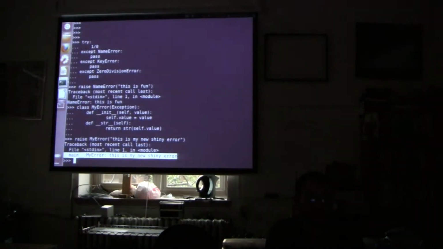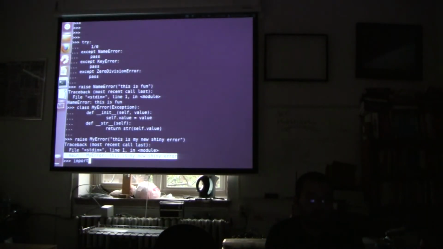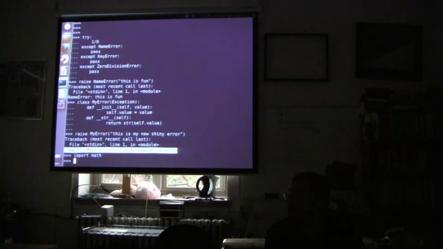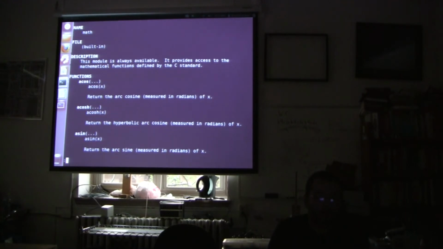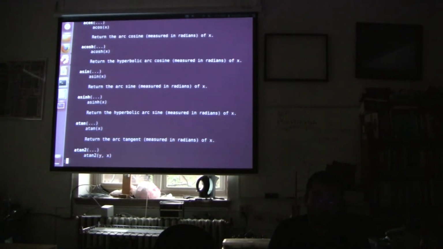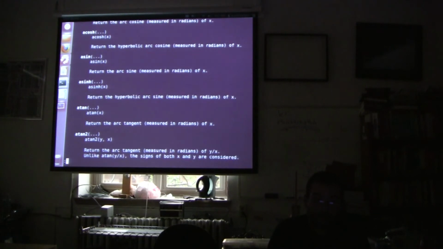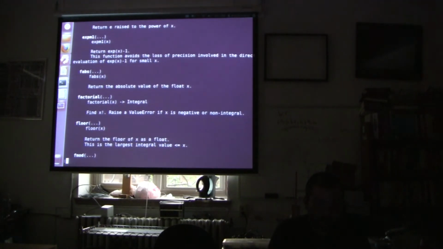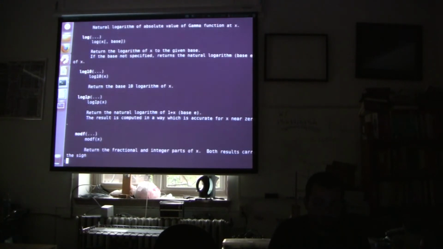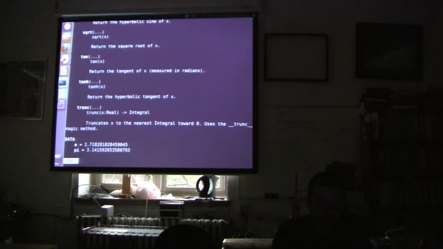I'm going to break what I just said and show you that we can do an import math. And if we want to see what's contained within this package without hitting the web, we can always do a help call. So if you check out the help on math, it's going to tell you all of the functions that exist within it, what their arguments are, how to call them. And if we scroll down further, there should be a section with all of the mathematical constants. There we go. It's only 2 of them.